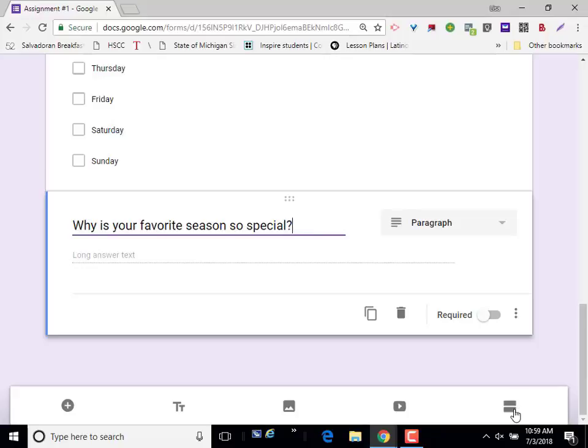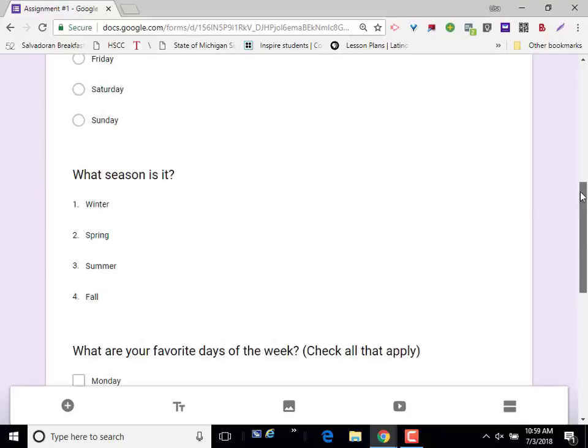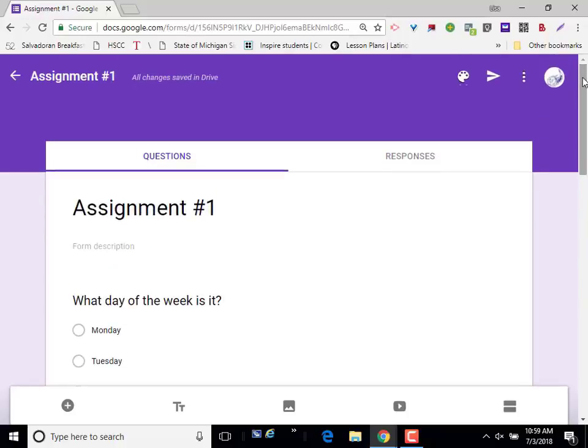on the right. So what that will do is, as a student is completing a form, if you add a new section, they will have to click a button at the bottom of the screen in order to bring the next section up. Other settings for forms that you can use: if you click on the palette at the top near